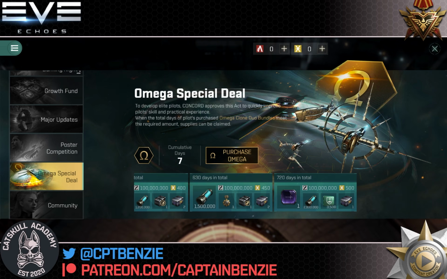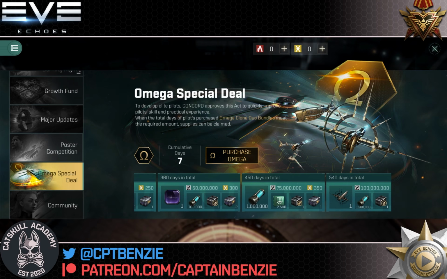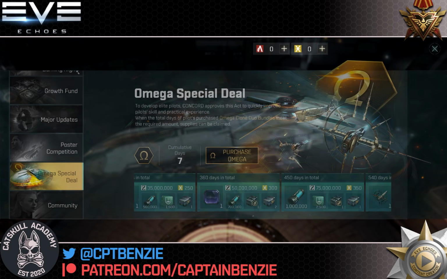If you really, really wanted to, I'm not suggesting I would recommend this, but if you did buy, for example, that bundle that gave you a full 360 of Omega, then the second that you've bought that bundle, you would have access all the way up to here. With the 360 days in total, you'd have everything up to and including that particular part of the Omega special deal. To me, that's a really cool thing just to keep an eye out on as you are upgrading and